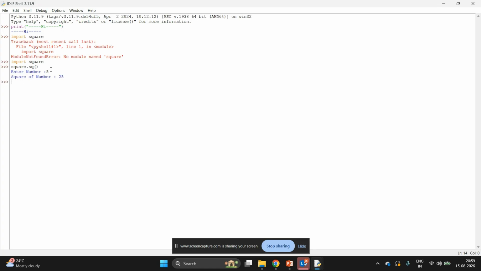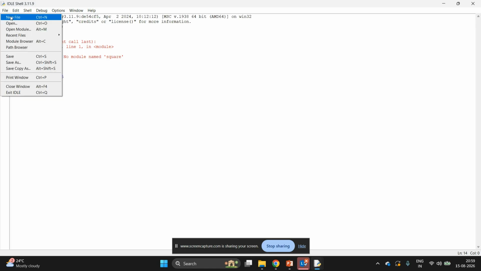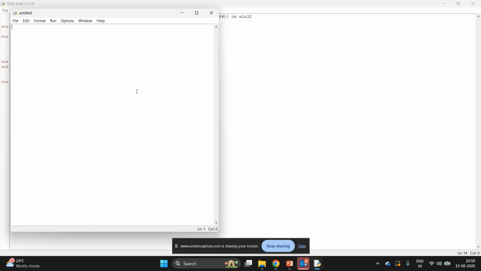Whenever in your Python code or another Python file you want to import that module, you can import it by giving a reference to the module square, and whenever you want to call that function, you may call square.sq, and again you will continue with the rest of your project in your file.